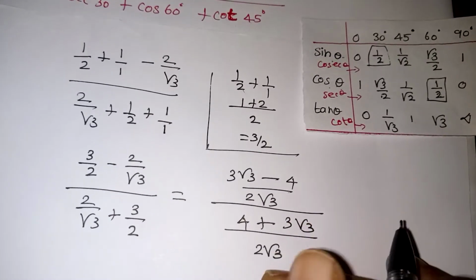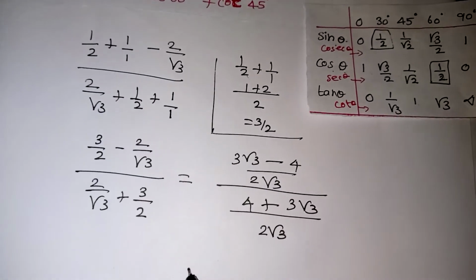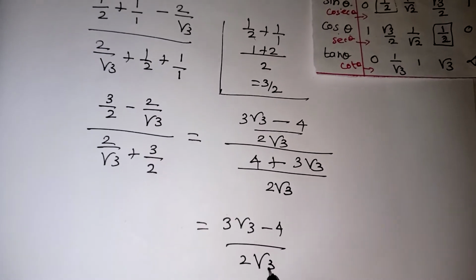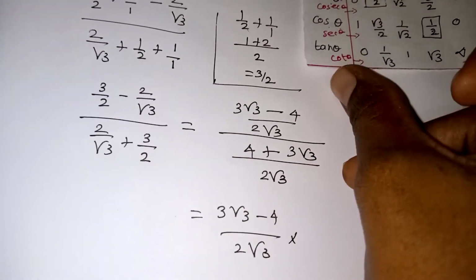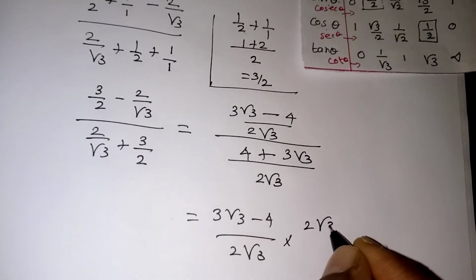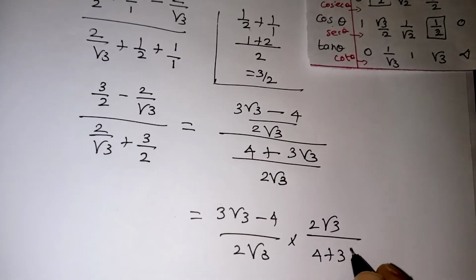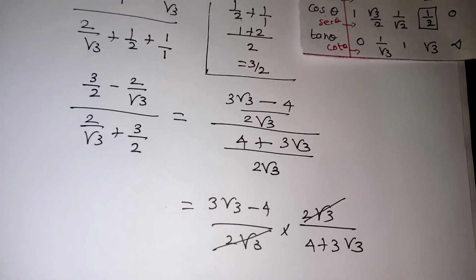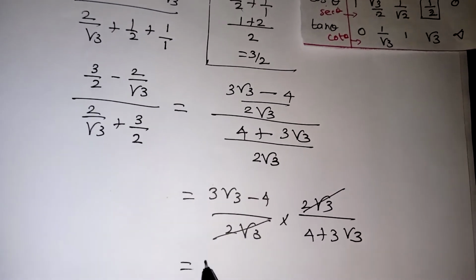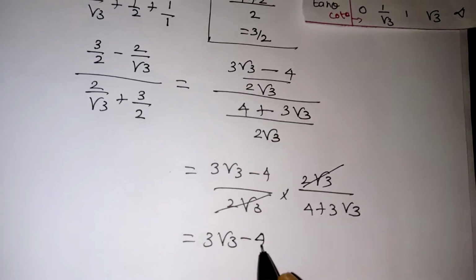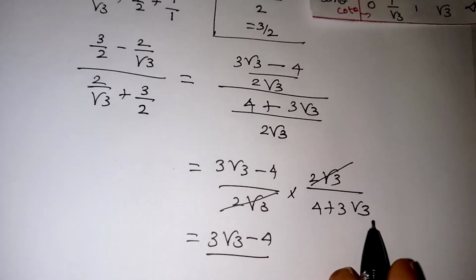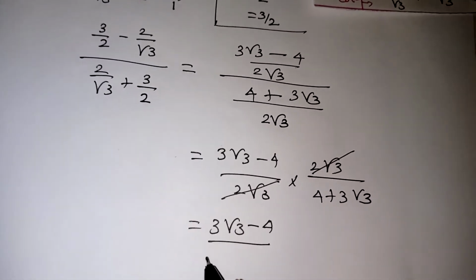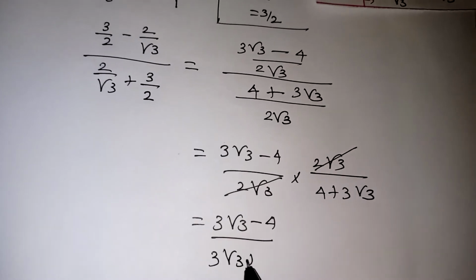Now denominator fraction, if you take it to the numerator it will become reciprocal. So numerator first you write as it is. Then from the denominator fraction we are going to take it up, that will become the reciprocal. So 2 root 3 by 4 plus 3 root 3. This is what we are getting. 2 root 3 will get cancelled. So here we are getting numerator 3 root 3 minus 4. Denominator we have 4 plus 3 root 3. During addition if you are changing the place, nothing will happen. The same value will be getting. So 3 root 3 plus 4 we are getting.